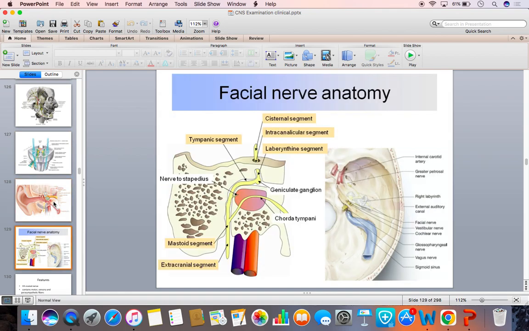The facial nerve in the temporal bone has the cisternal segment, intracanalicular segment, labyrinthine segment, and tympanic segment. Its branch goes to the stapedius and it is joined by the chorda tympani for taste sensations. And it has the mastoid segment and the extracranial segment. The facial nerve has a long course through the temporal bone,